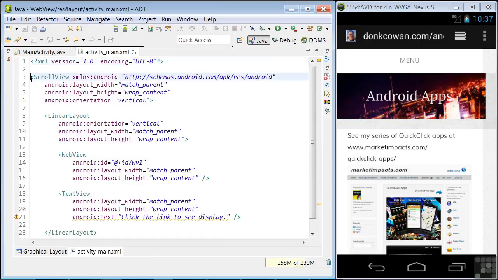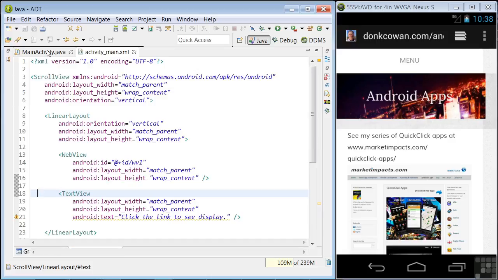Lines 3 through 6 define a scroll view. 8 through 11 define a linear layout. And within the linear layout, lines 13 through 16 define our web view with the ID WV1. Lines 18 through 21 define a text view, telling the user to click the link to see the display, as we saw. Now back in the Java code,